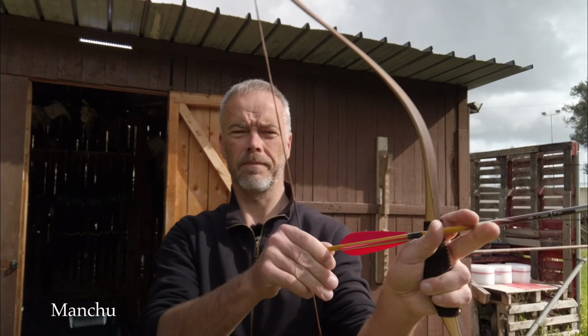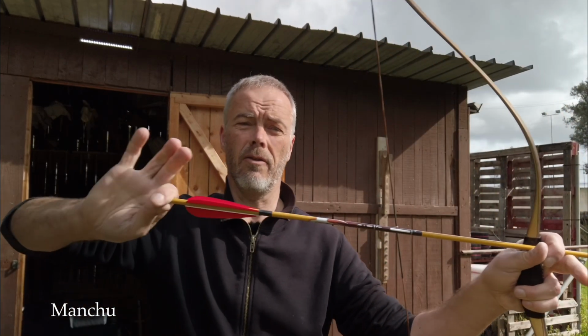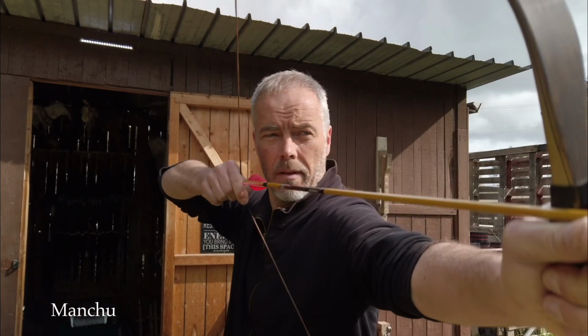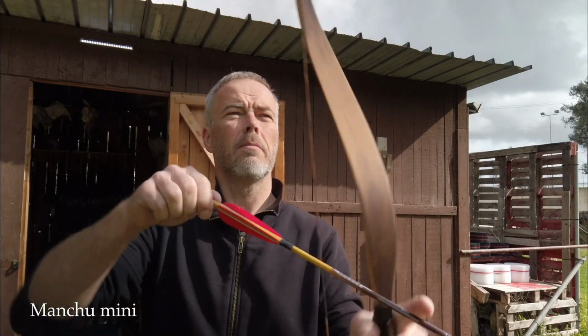Manchu one, easy. So you get it most probably from your quiver. Have a really nice stopping point here, and knocking no problem. But of course I should shoot a Manchu bow. The mini Manchu